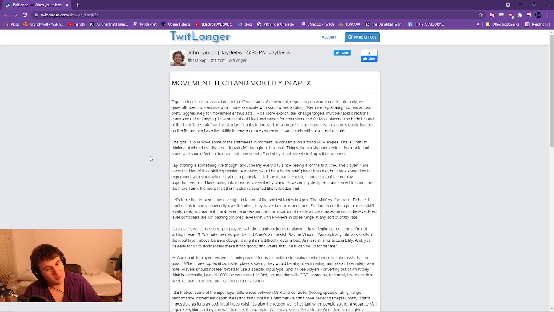But it's usable mainly for mouse and keyboard. You can kind of make it work on controller, but it's not really a thing on controller. "Removing tap strafing comes across pretty aggressively for movement enthusiasts. To be more explicit, this change targets multiple rapid directional commands after jumping. Movement should feel unchanged for controller and mouse and keyboard players who hadn't heard the term tap strafe until yesterday,"